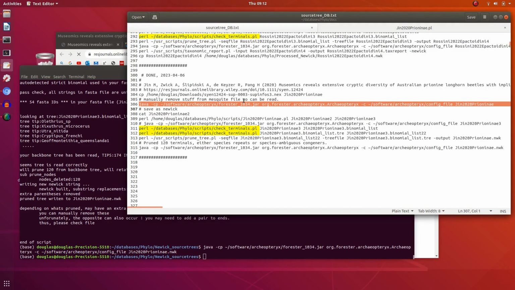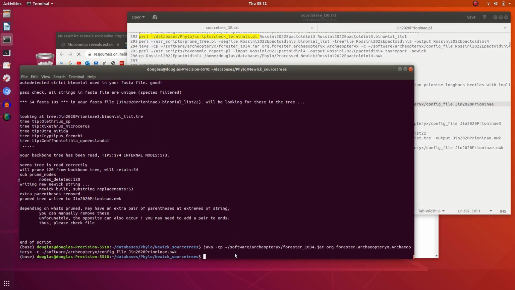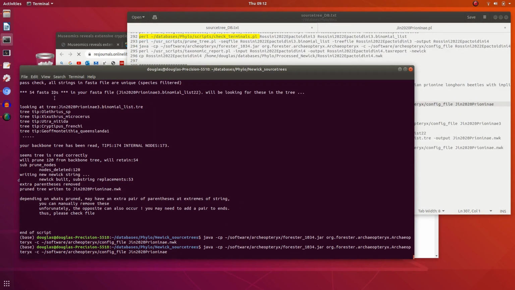It's a Mesquite format nexus file, which is very complex. You need to remove a bunch of stuff before it can be read. And when that's done, this is what the tree looks like,